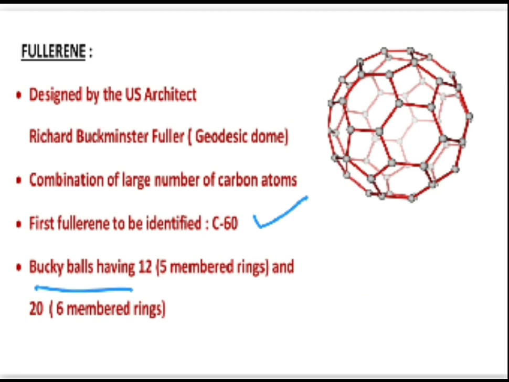So you can observe here, these are the 6-membered rings, 6 atoms in combination with each other. Similarly, this ring you can observe here, whereby the 5 atoms are in combination with each other. So there is a formation of how many 5-membered rings? 12 5-membered rings and 20 6-membered rings in case of the C60 type of fullerene. However, later on, various other types of fullerene like C70, C72, C90 and so on were identified and studied in detail.